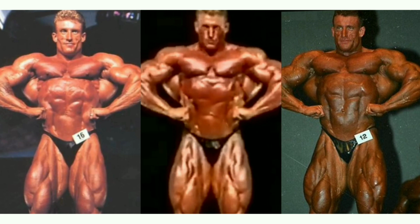Looking at his trademark pose, the lat spread, we see a bit more size on the lats every year. The lats look a bit more bulbous in 1996 than 92 because he's got more mass in them. And in the 94 German Grand Prix, he's not hitting the lat spread that well, or maybe it's just the angle, but he looks amazing anyway. Yeah, the 96 Olympia is really impressive in this pose because look at the chest. I think he looks quite full, and the legs also look the best, but we don't award points to the